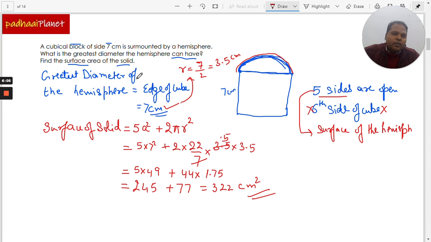So I hope you could understand this question, and it was simple enough. Again, it was just to understand the language and draw the diagram right. That's most important in these questions. Just focus on the language. Every word has a meaning, and every meaning has an impact on your diagram here.